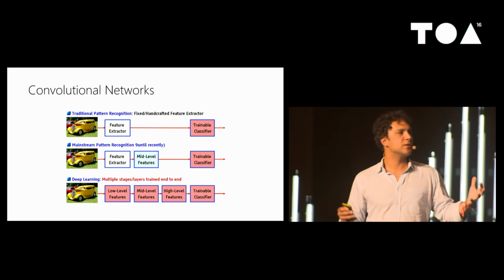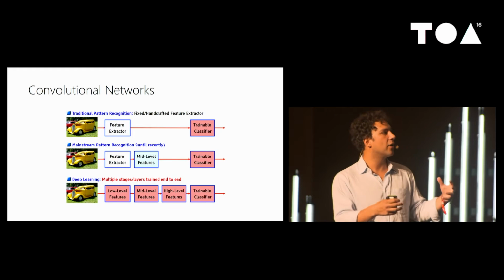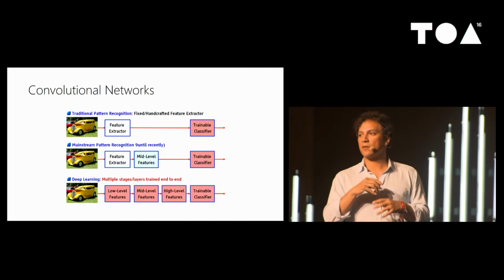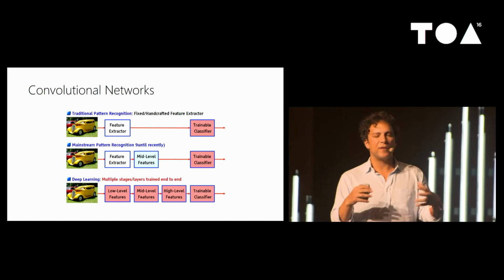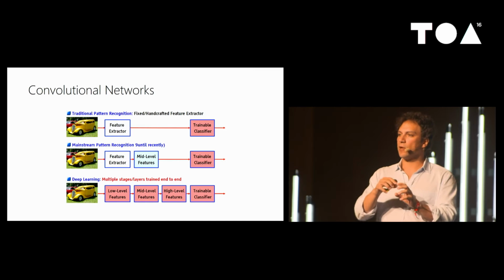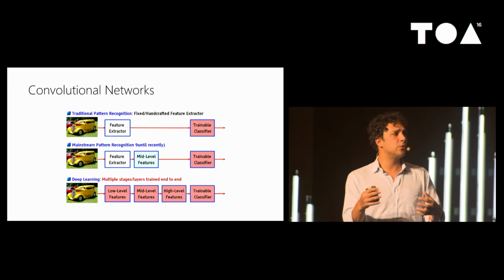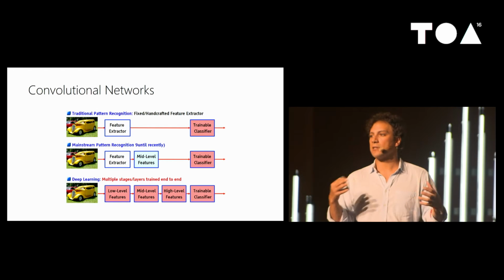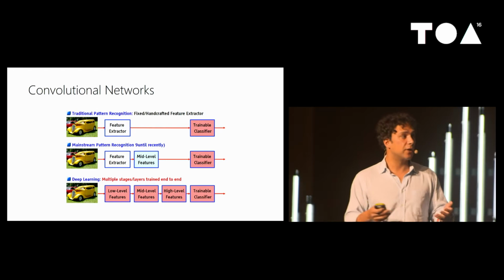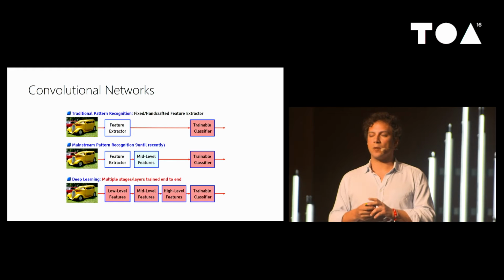So traditionally, the way you would have solved a problem like this is you would have built these things called feature extractors. You would have tried to figure out, well, maybe we can detect some edges in the image. Maybe we could figure out what cars look like. Maybe we could detect a circle and then figure out if there's a rectangle on top of it. And maybe that would be a good signal that then we use some machine learning. We do some sort of classifier on top of that. And maybe we can figure out if this is a car or not. That's the sort of traditional technique.